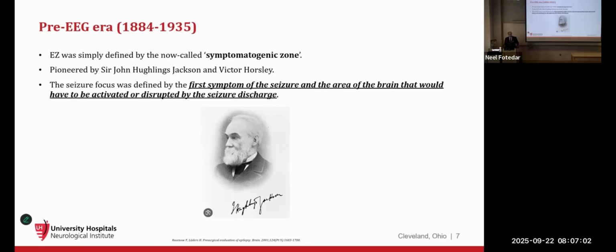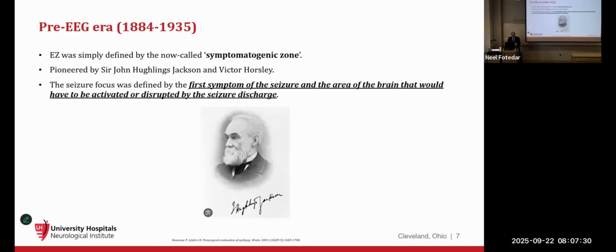It was purely clinical observation, going by the symptoms that the patient was having: starting with the first one, the second, and the third. So this was championed by Sir John Hughlings Jackson and his surgeon, Victor Horsley. They performed several surgeries, mostly small resections of the areas of the cortex which they thought were responsible for producing the symptoms. In some cases they were successful, but in some cases they were not, as you would understand today. But you have to imagine, back then they were doing this with no testing, by simple clinical